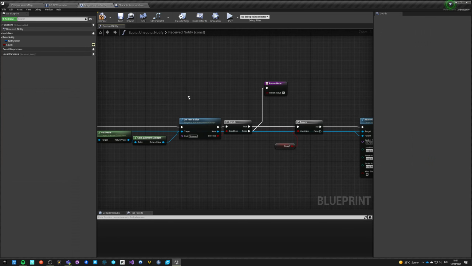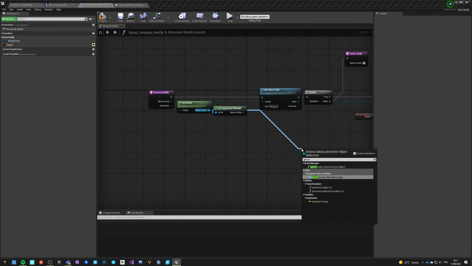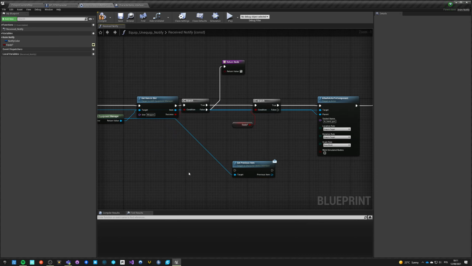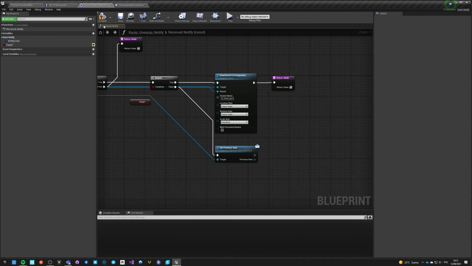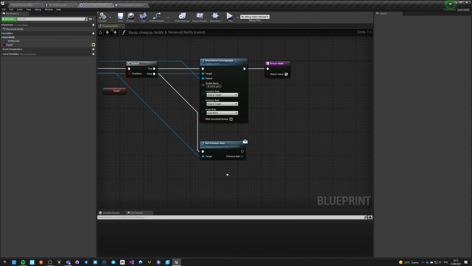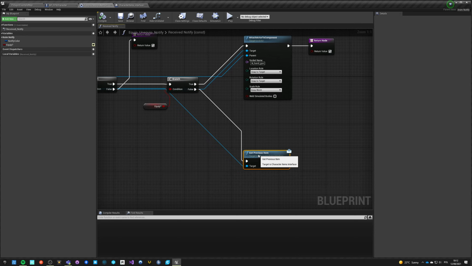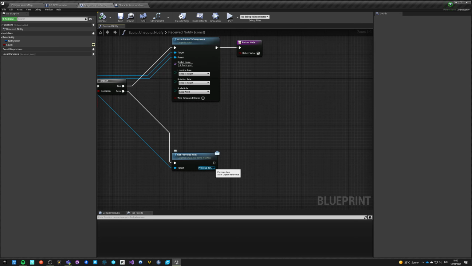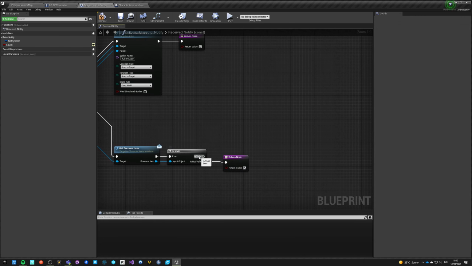So our unequipped notify can say, okay, from this owner get previous item. So if he doesn't implement this interface, then this will just return something that is not valid. So just see if it's valid. If it is not valid, then we are done. If it is valid, what we want to do